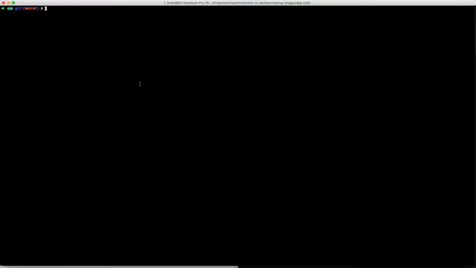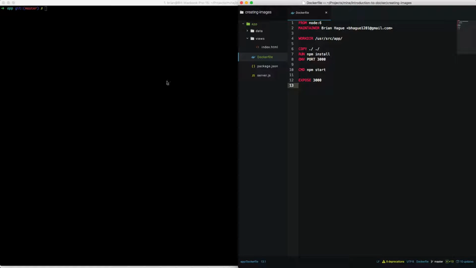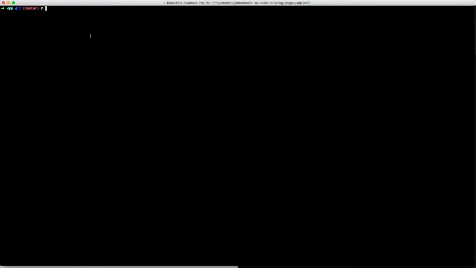Now what exactly defines these image layers? It's each line in the Dockerfile. So every line in a Dockerfile defines an image layer, and each layer can be individually identified by its own identifier. In order to prove this, let's go to the command line, make sure that we're in that app